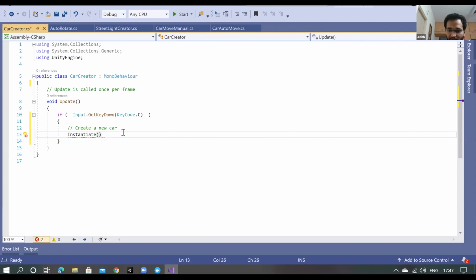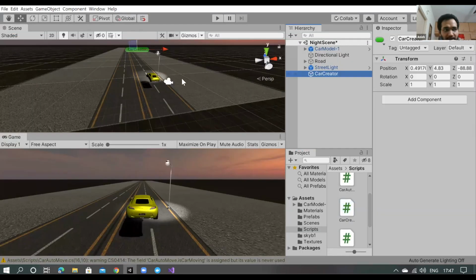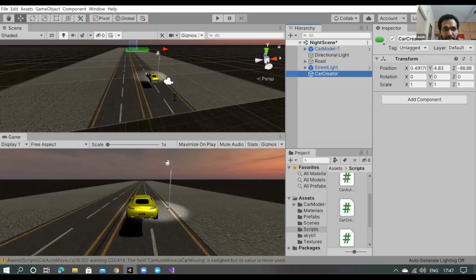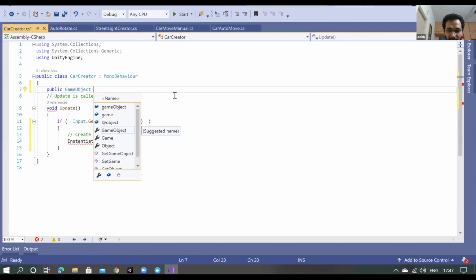So we have this car creator at this position, and we want to create a car, and that car is a game object. Everything I told you is a game object. So I'll create something called public GameObject and call it car prefab.